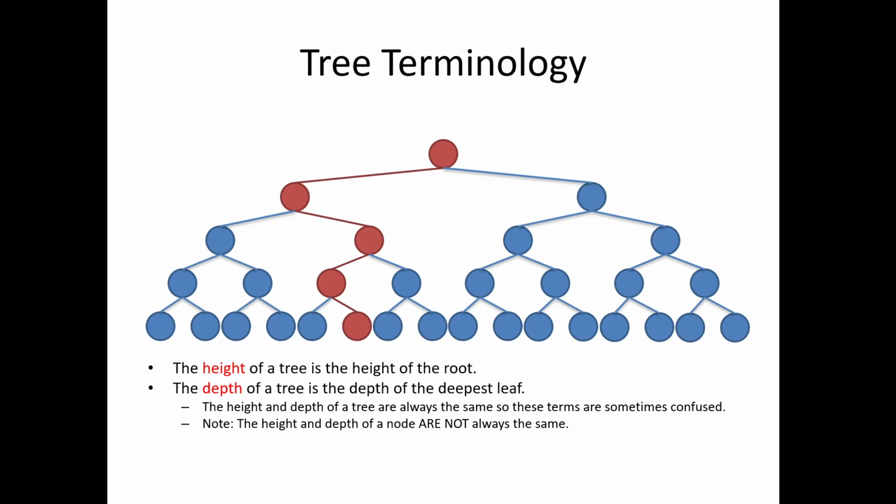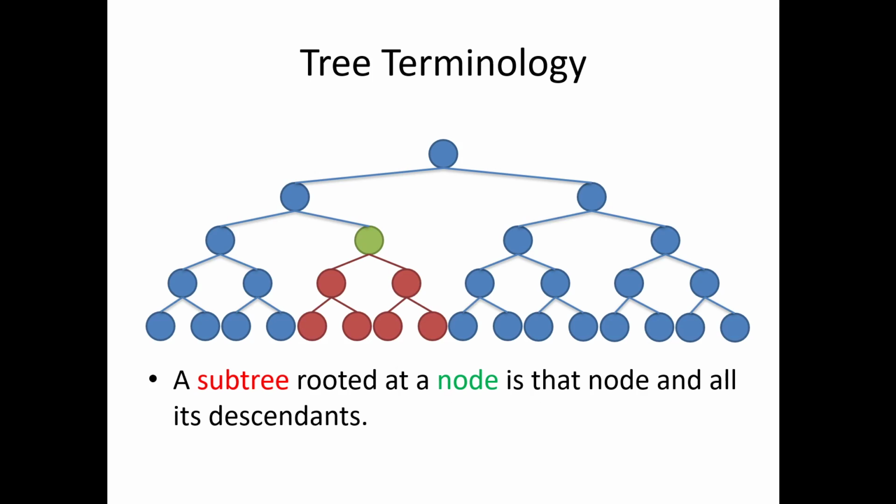And for a tree they're the same, but for the nodes they are not. And so we do want to make sure we keep that distinct in our mind, that while sometimes we'll get used to interchanging them when we're talking about trees, when we switch into talking about nodes, we want to keep them very distinct. All right, the final term I want to define is also a very useful, helpful one, is